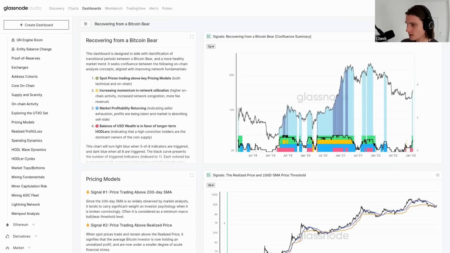Okay, what do we got? Last question I can get around to. How do I reconcile this with macro market forces? Great question, one that I get quite often. So there's a few ways I can answer that.